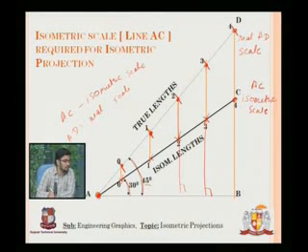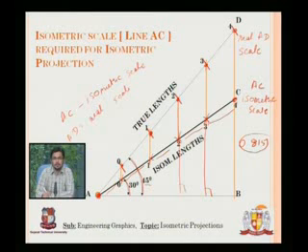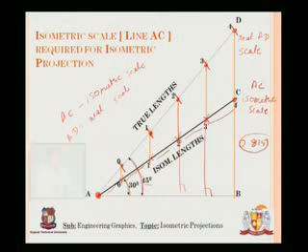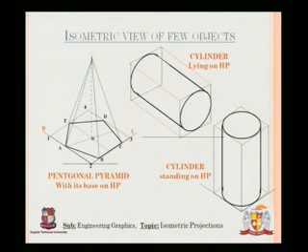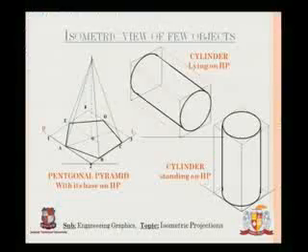So A to 0, I'll take it as 0 dash, 1 dash, 2 dash, 3 dash and 4 dash. So 0, A to 0, these lengths are all isometric lengths, as you can see, and these are smaller than this by the ratio of 0.815, which we saw in the previous slide. Okay, let's move on to see a few isometric views of simple shapes.